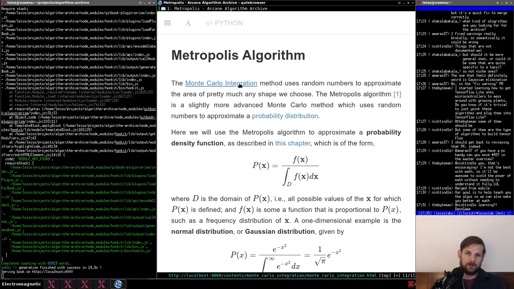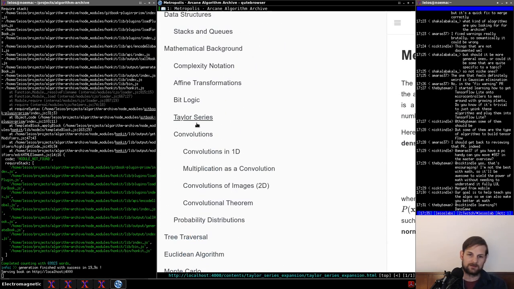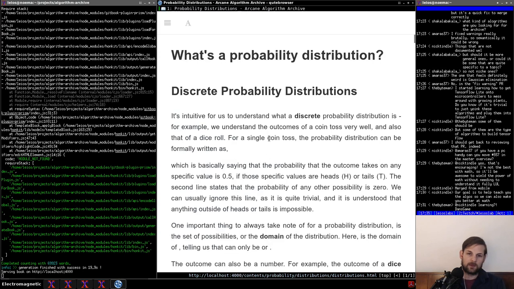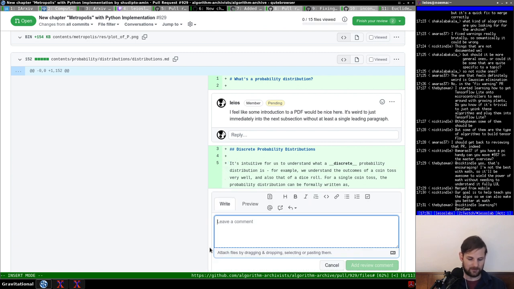Let's get through it. There's a Metropolis algorithm, so let's go to mathematical methods. There, perfect. Okay. It's intuitive for us to understand what a discrete probability distribution is. For example, we understand the outcomes of a coin toss very well, and also that of a dice roll. I feel like this should just be a sentence or two separate sentences. So let me just do,